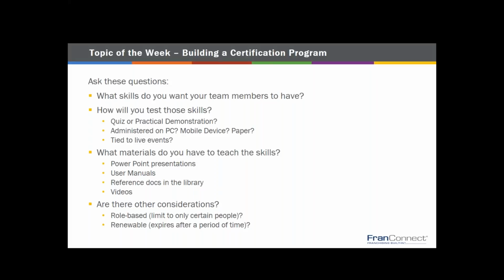Now, a bunch of you do these things with live events. I'll show you a little bit about what we've got that will help you tie people's engagement of FranConnect in with your live events. So whatever you're doing now, if you send them an Evite or something like that, that's great. We can also tie them in with some of the stuff that FranConnect has so that it can all be in one place. So that's all kind of the output. This is the result you want. What skills do you want them to have? How are you going to tell that they have it?